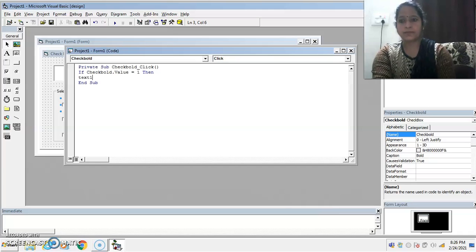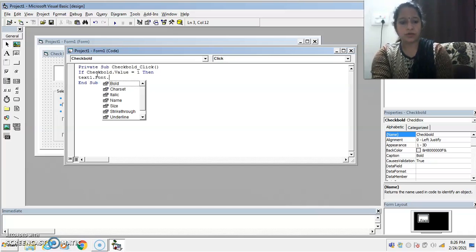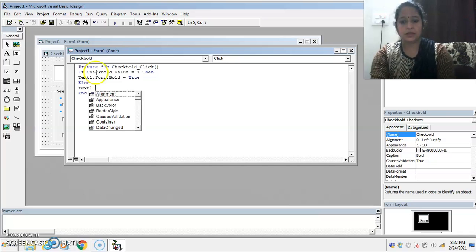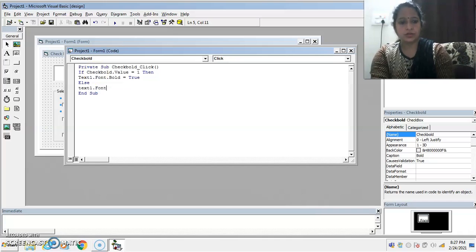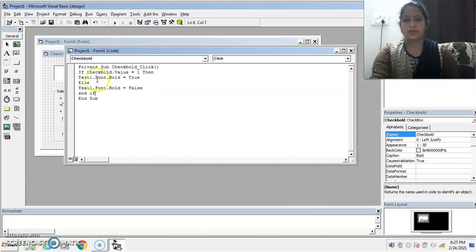Text1 dot font dot bold is set to true. Else Text1 dot font dot bold is set to false. End if. So, this is the coding for bold command button.